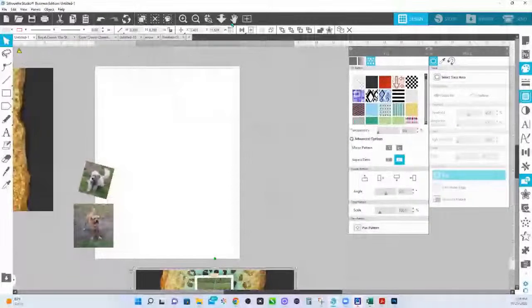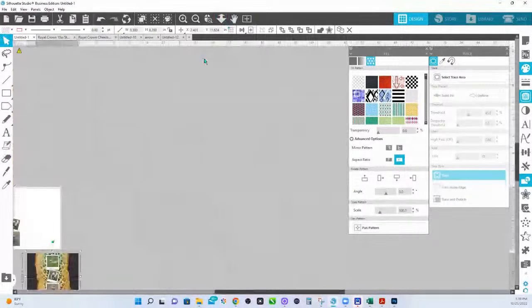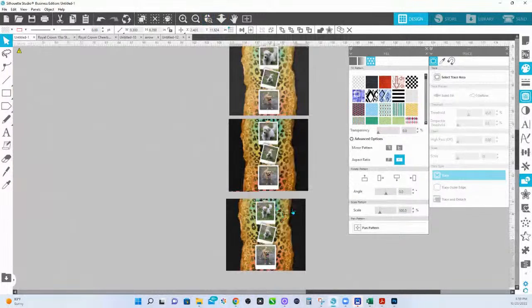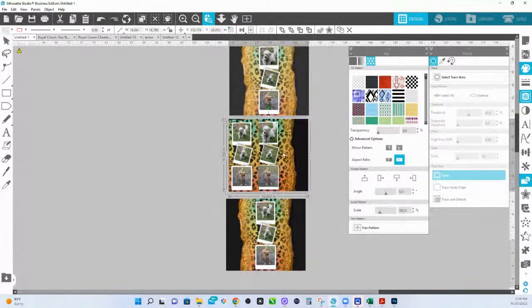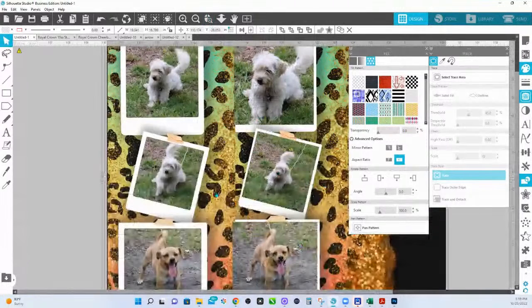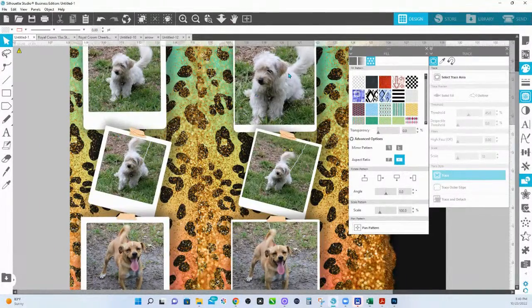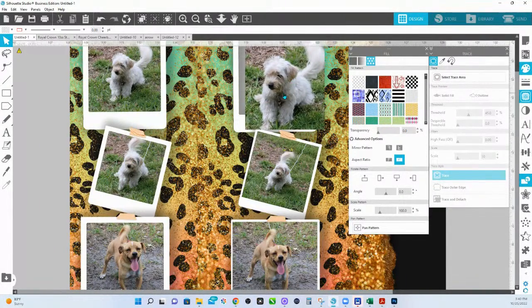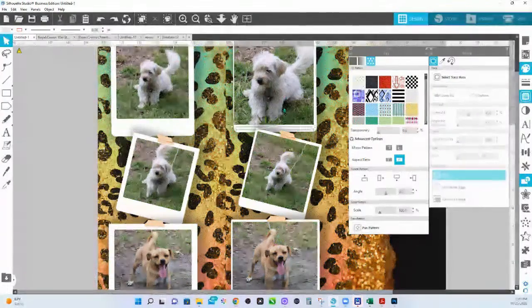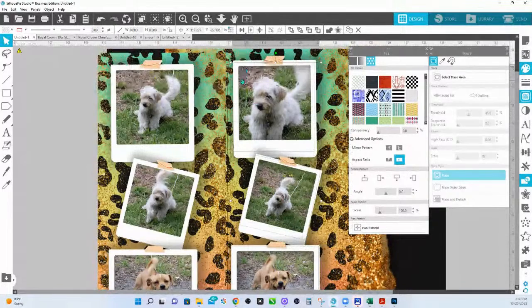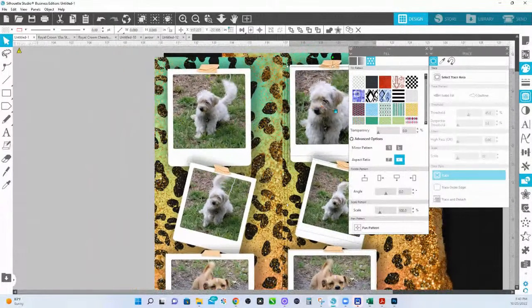Now, the difference between these two, we're going to come over as soon as I figure out where all my stuff went. Oh, there we go, over here. They were far away. I got to figure out which one it is. All right, there we go, right there. We're going to send this to the back. And, uh-oh, hold on. Okay, so these right here,